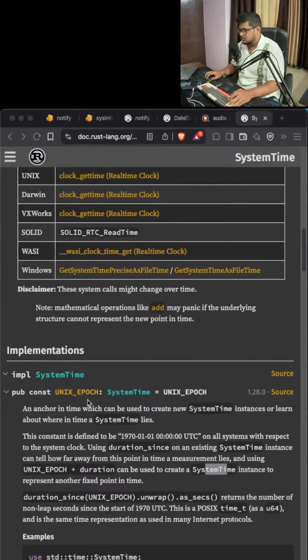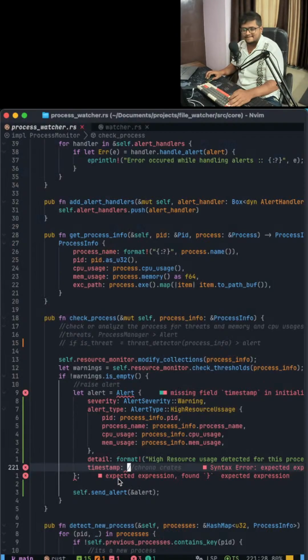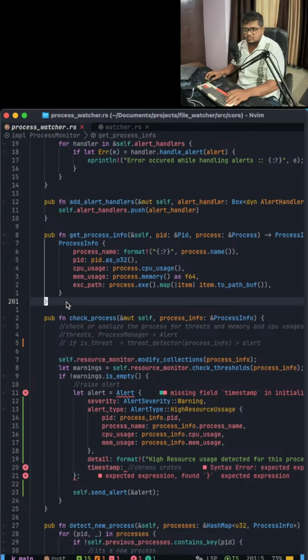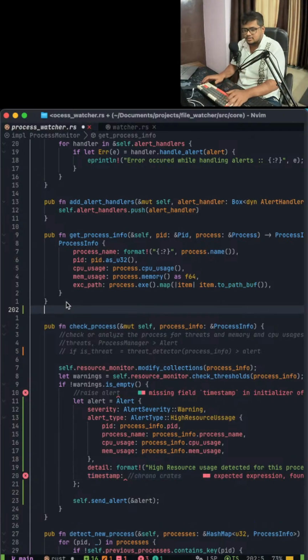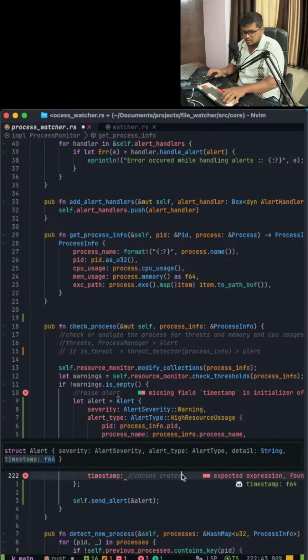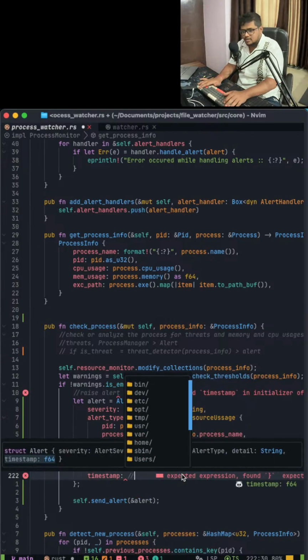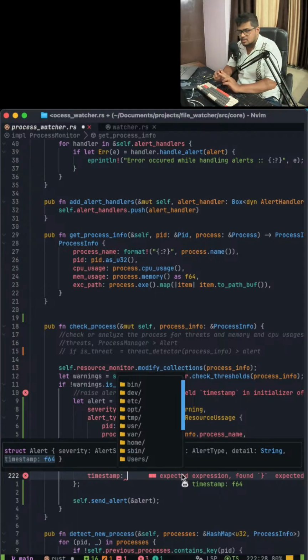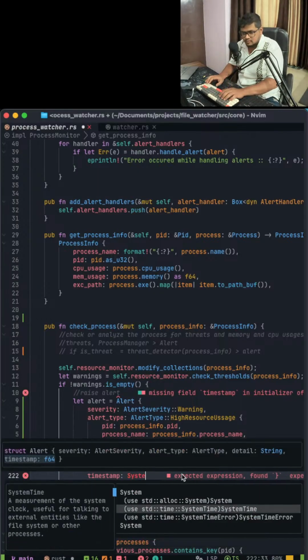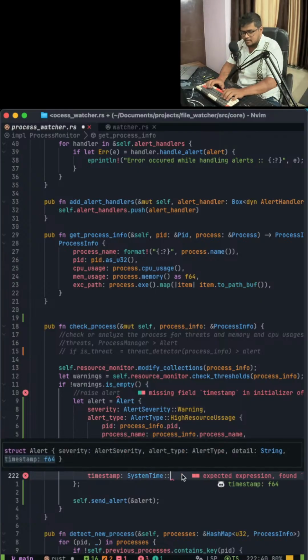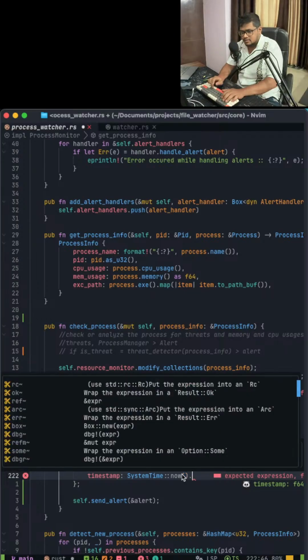So I think let's do this thing, okay? So it's a timestamp. I think it's an implementation, let's see how it goes. We are not using chrono because we need it in f64. So f64, why? Because it will be a large value, because we want it in seconds, right? So we have SystemTime, and it has an associated function now, and we will use